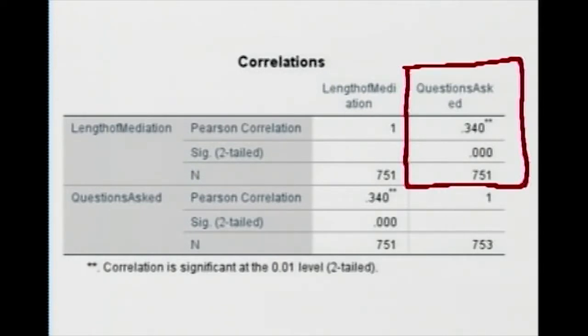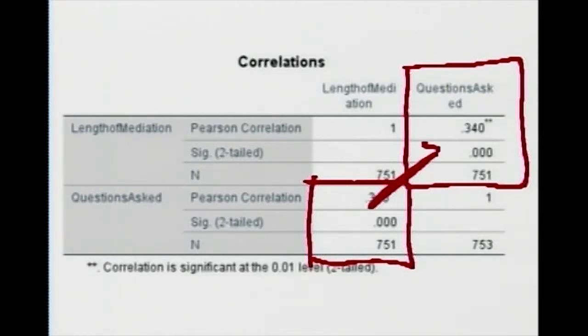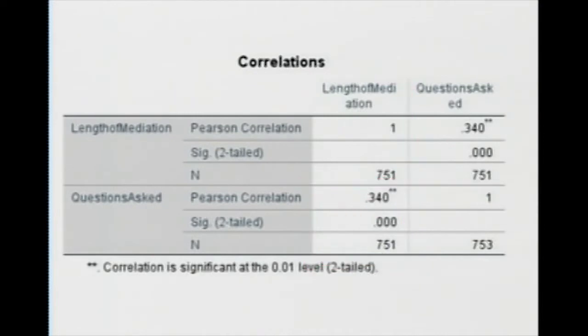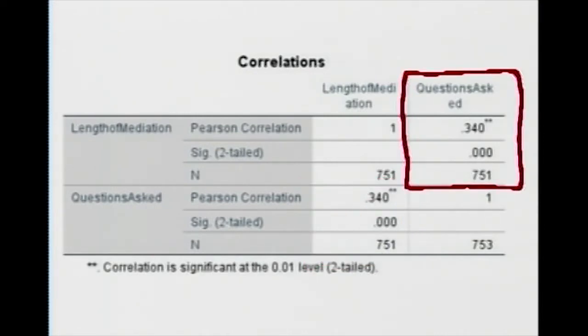There's a reason that you care about this upper box. Notice that it actually matches this box, and that's because it's just comparing the other variable twice. So these are the same boxes actually, but we're just going to care about the upper right. We care about this box right here, and in it we see 3 very important numbers. This one is the correlation number, this is the significance or the p-value, and then here's the n. Let's take a look at each of those numbers to understand what they are.